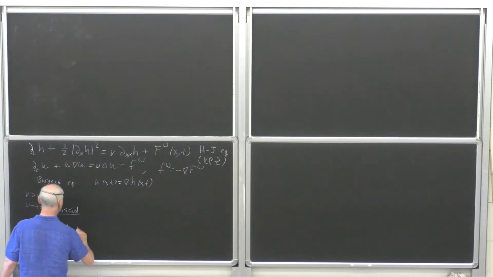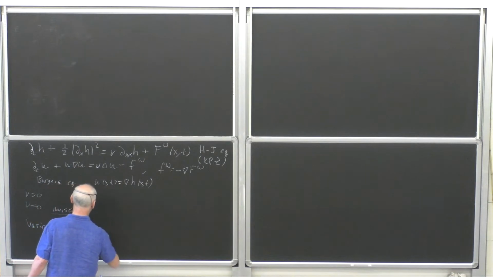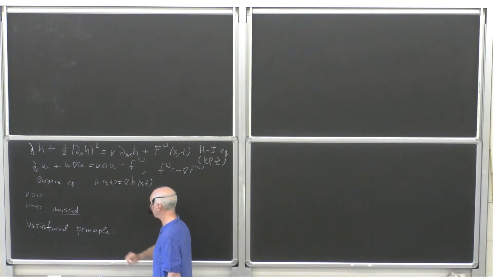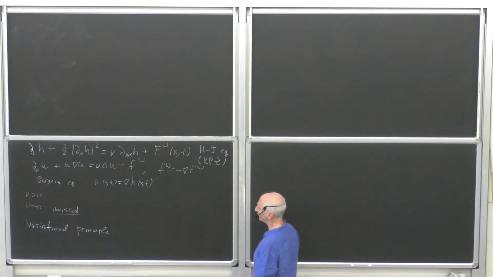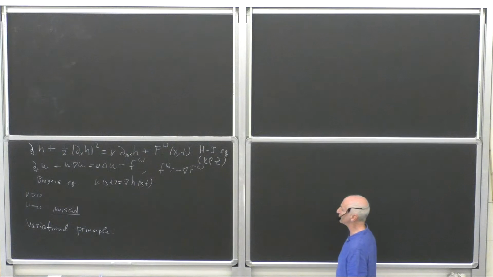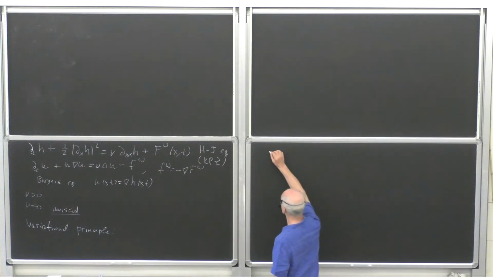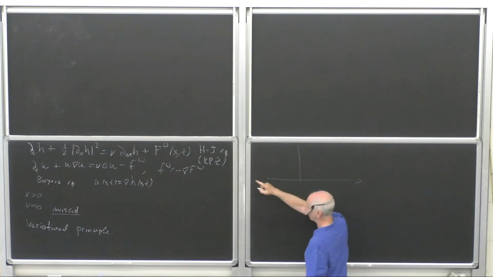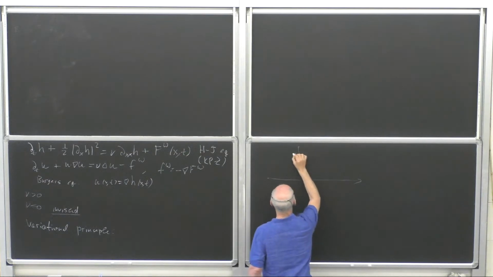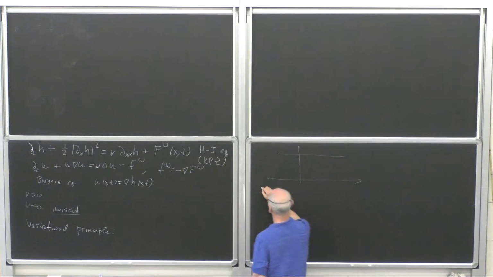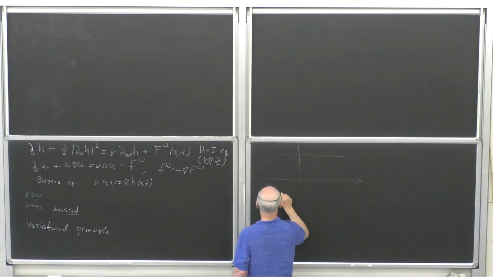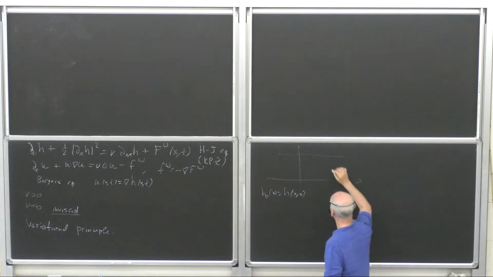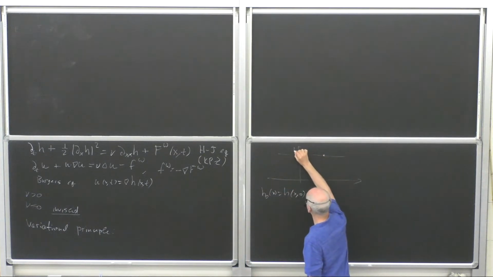A principle which allows you not to take the limit when viscosity goes to 0, but to immediately say what the solution will be. This variational principle is originally due to Lax and Oleinik. It's the following way of solving this equation for h. So if you start with initial data, which is just your solution at time 0,